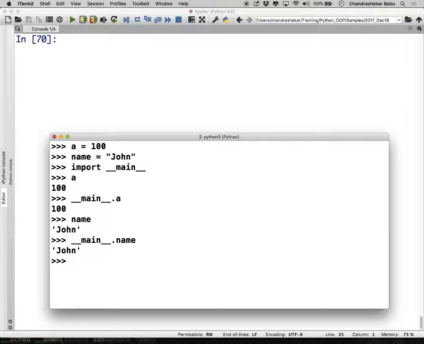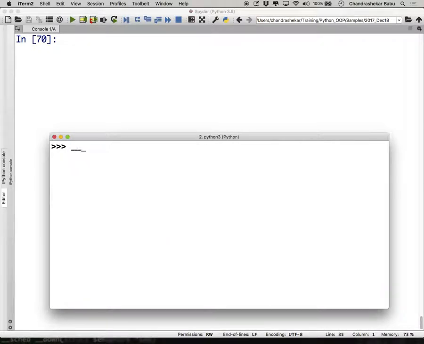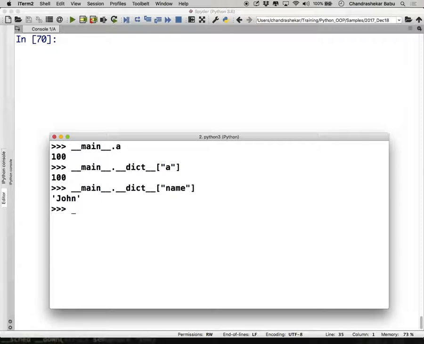When you see a dot over here, what happens? Every object has a built-in attribute dictionary. So when you actually say main dot A, this gets resolved as main's dictionary of A. Main dot name gets resolved as main dot dict of name.